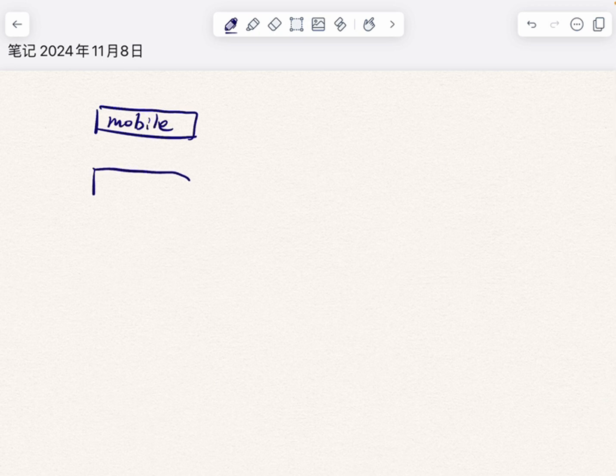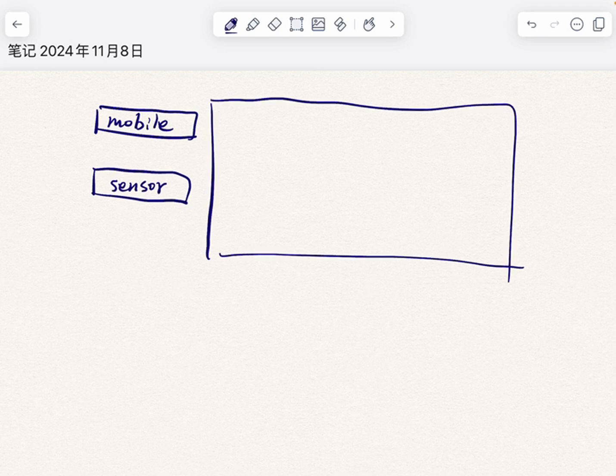Okay, so in this part, I'm going to just talk about the architecture of our project. For now, we have two data sources. The first is the mobile, and the second one is a heart rate sensor. And for the server, we have established an AWS instance, and we initialized a SenseBoard,